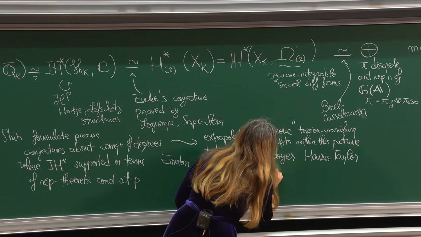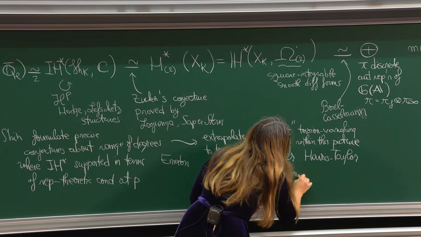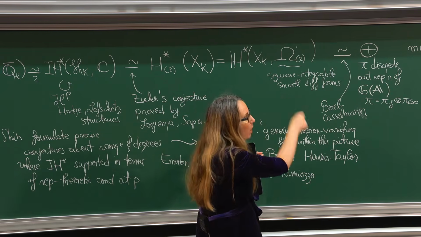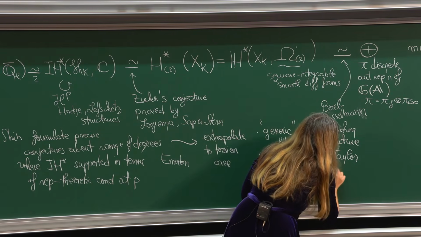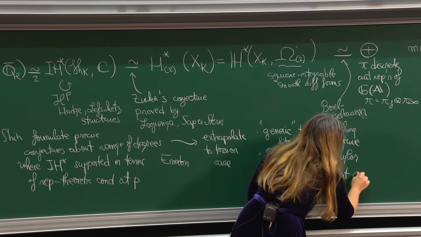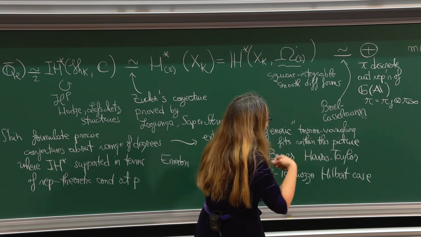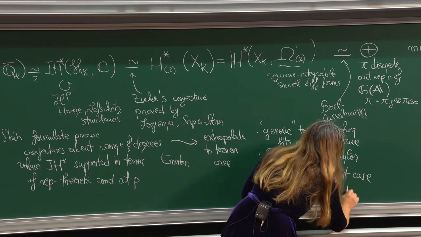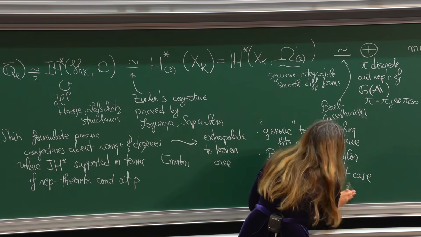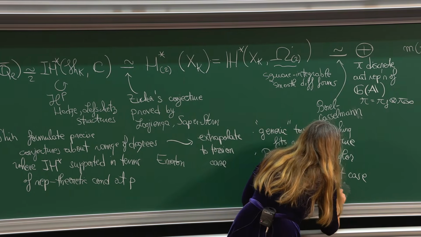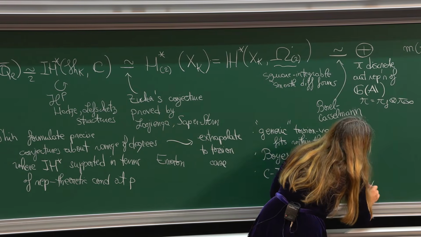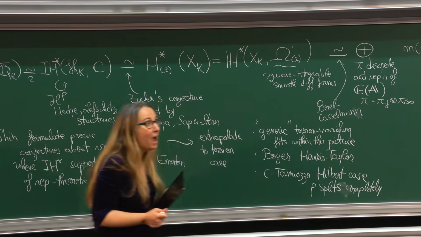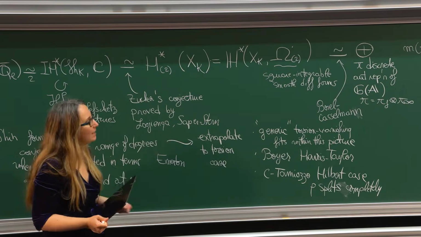Right, and then also in joint work with Matteo Tamiozzo, we proved something like this in the Hilbert case, where the defect is just one prime above P. It can either be generic or fail to be generic, and then you count the number of primes that fail to be generic. And this is when P splits completely. Okay, so there's some limited evidence that there might be something that happens beyond the generic case